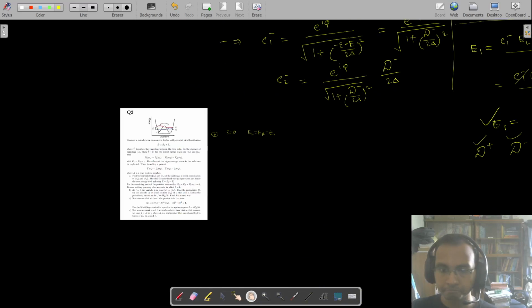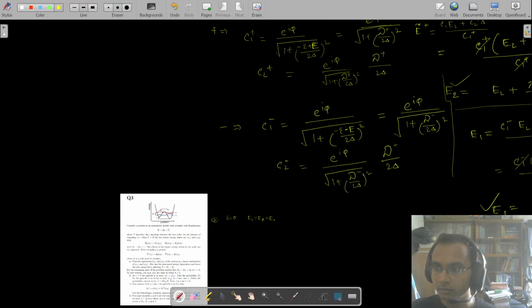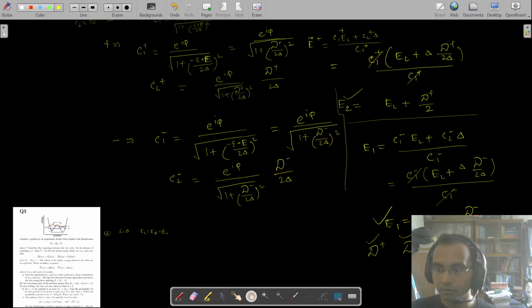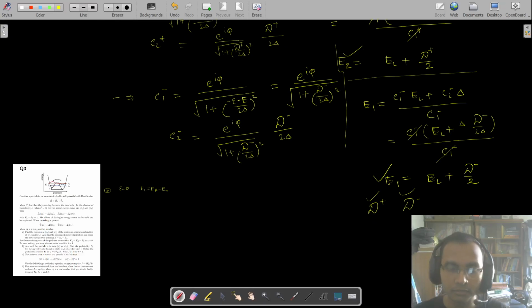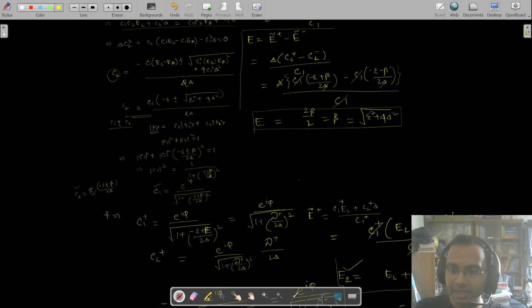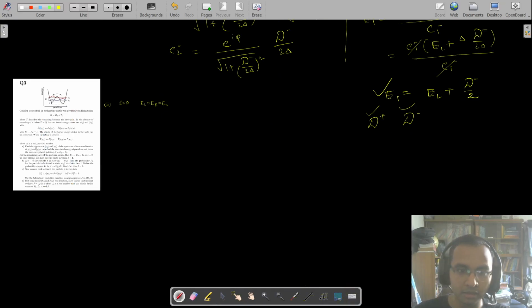So that would imply this energy split is given by 2 delta, right? So this would mean the energy split is given by 2 delta,